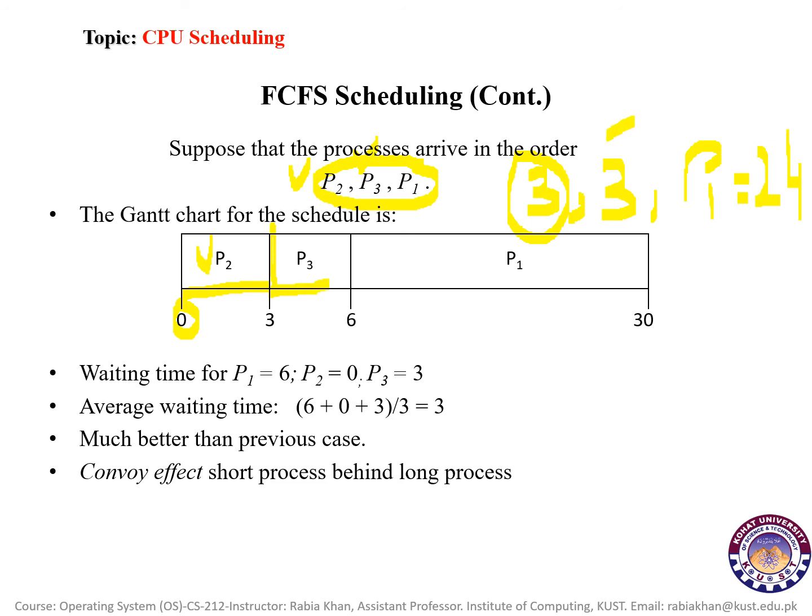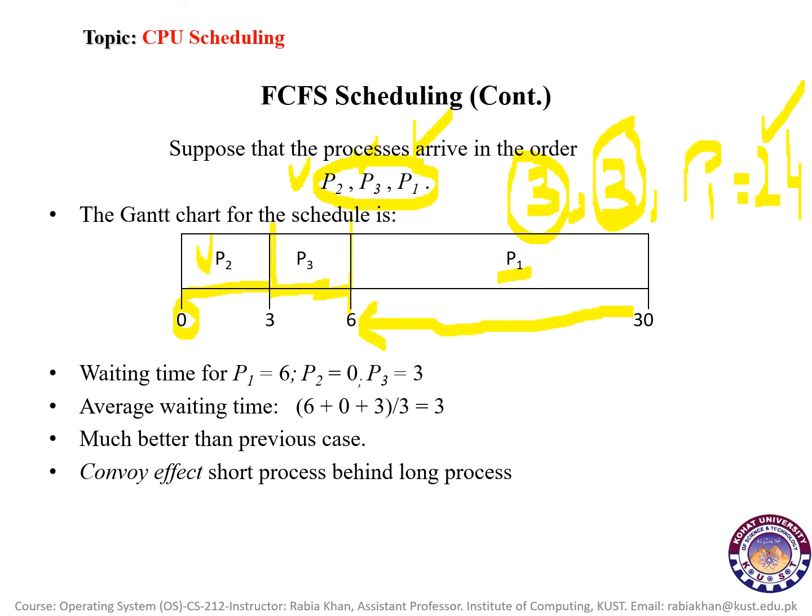It also takes 3 CPU unit time. So starting from 3, it executes till 6 unit time of CPU. A total of 3 unit time has been given to process P3. So at 6 unit time of CPU, P3 completes its execution. It is stopped here with this bar, as you can see, and the last process in the queue is P1. So the CPU has been assigned to P1, and it requires 24 unit time. So starting from 6 till 30,